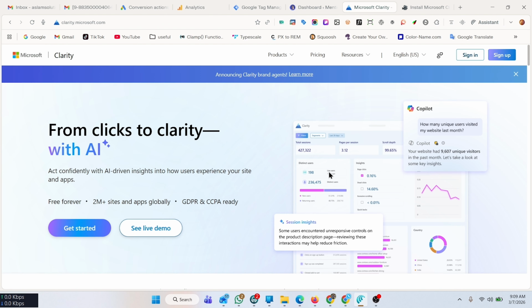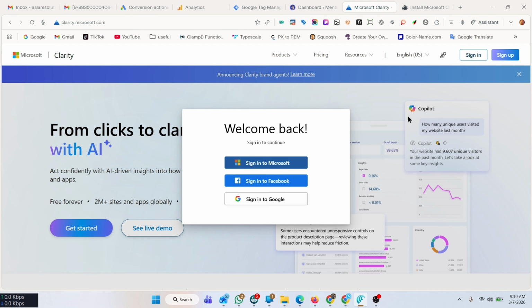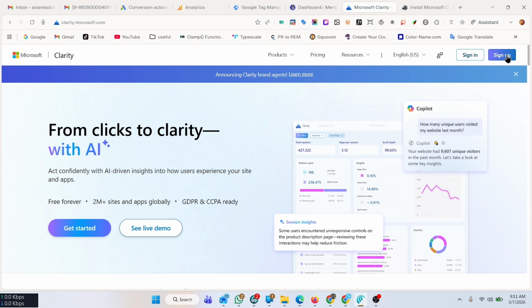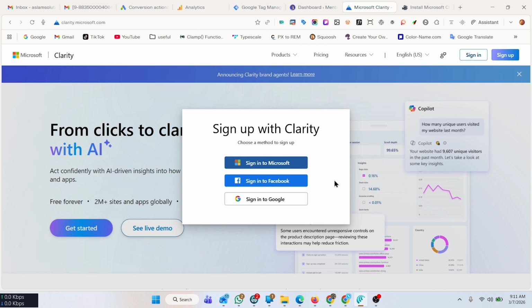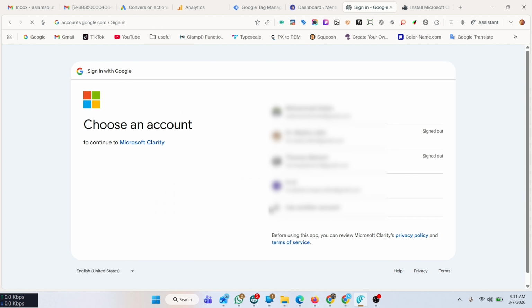Before anything else, you need a Microsoft Clarity account. Go to clarity.microsoft.com. If you already have an account, just sign in with your preferred method. If you are new, you have to sign up and you will see these 3 options: sign in using Microsoft account, sign in using Facebook, and sign in using Google. I don't have an account yet, so I will be signing up with Google. Just click that, choose your Google account,